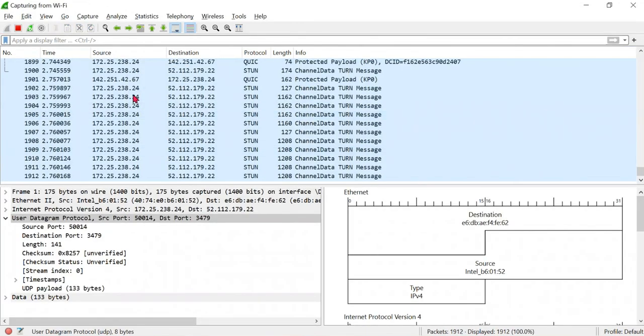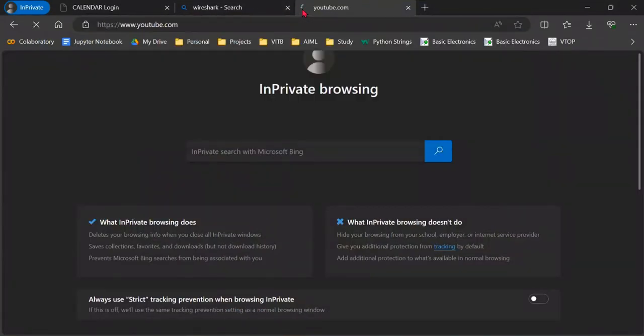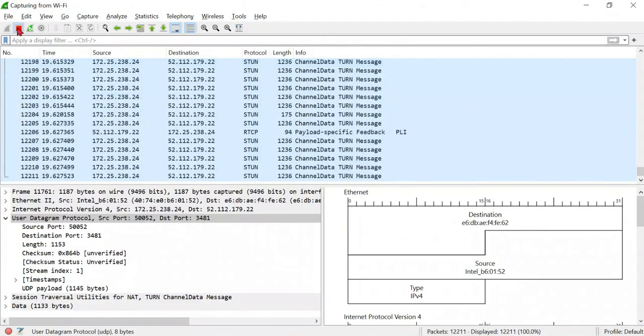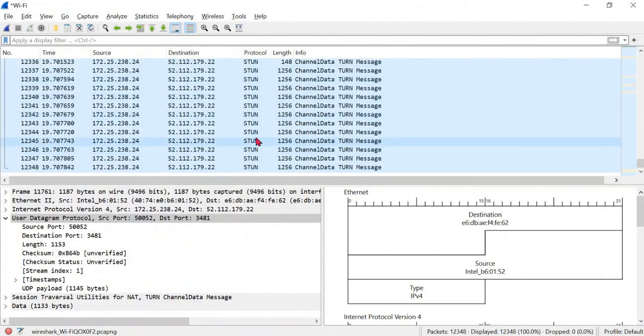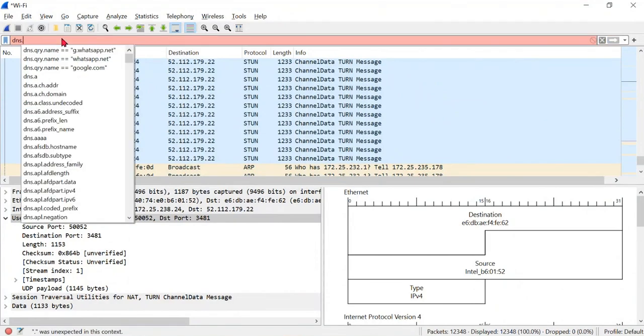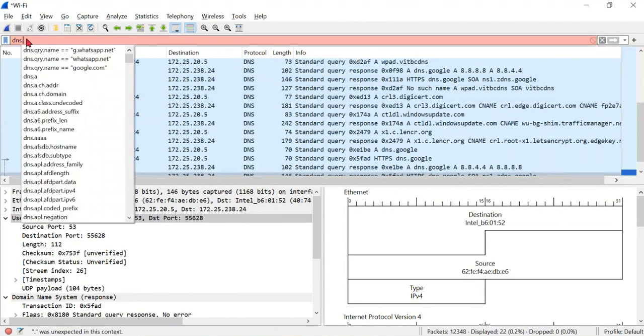So again, the packets have started being received. What we will be doing is searching for, suppose, youtube.com. Okay, so suppose we have searched youtube.com. We will be stopping here. So we have clicked on youtube.com. Okay, so we want to search for DNS. We will be looking just at the DNS queries where it is youtube.com. If we want to find out the DNS queries with respect to youtube.com, so we just